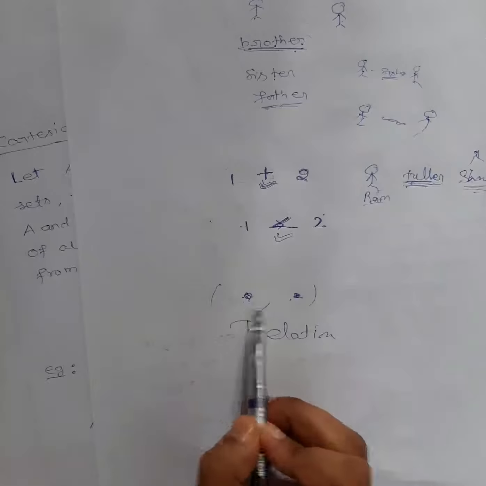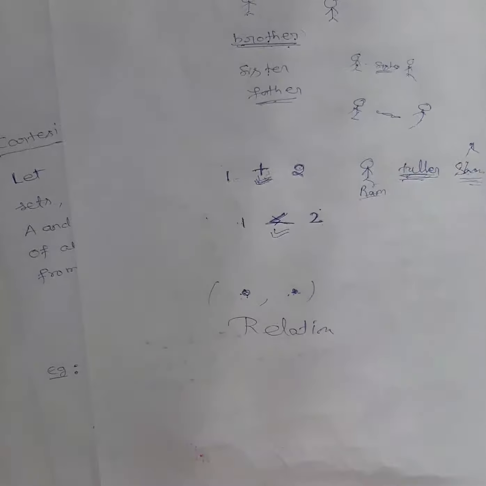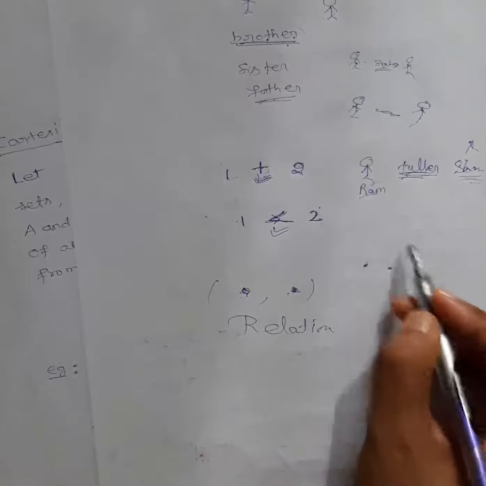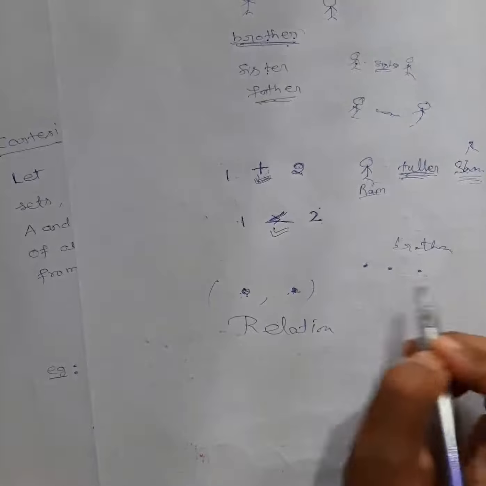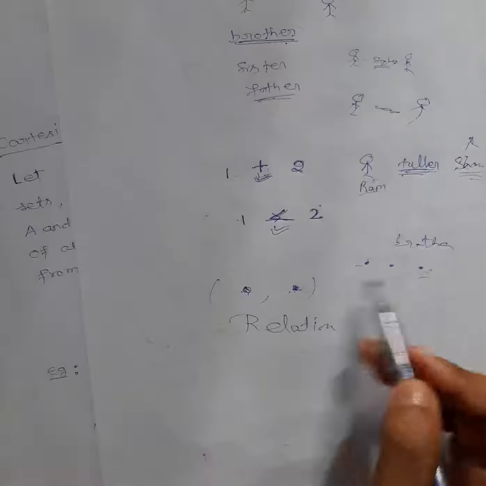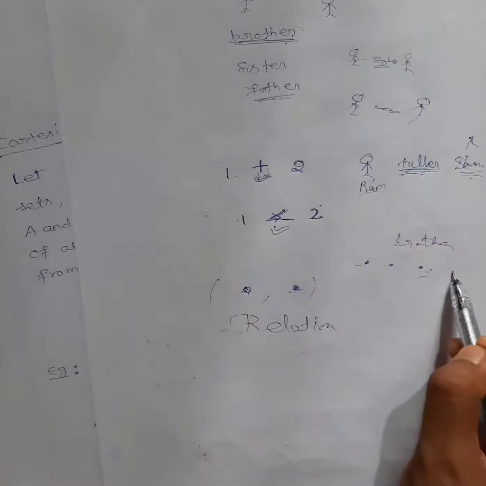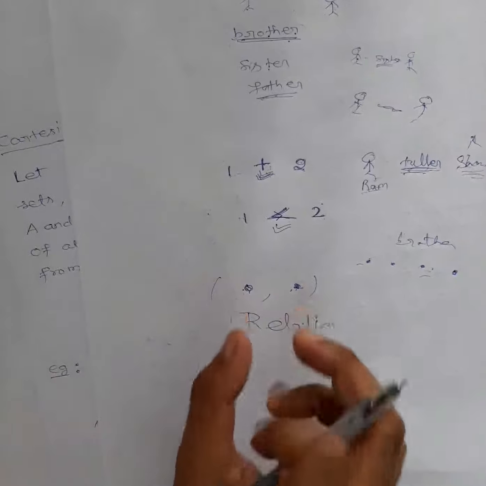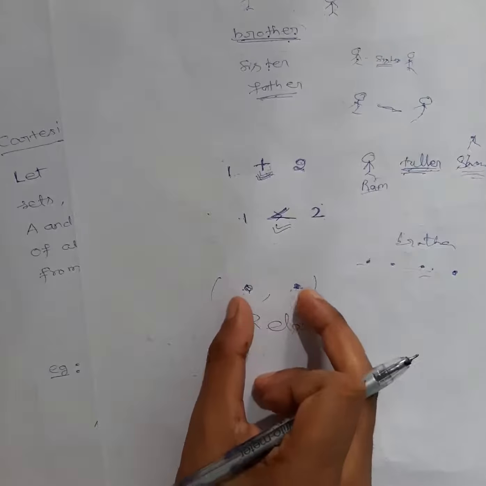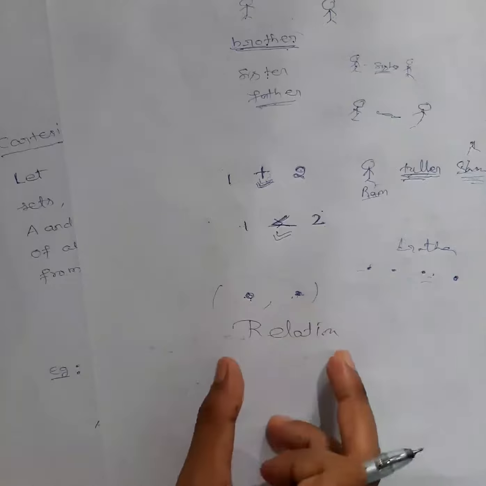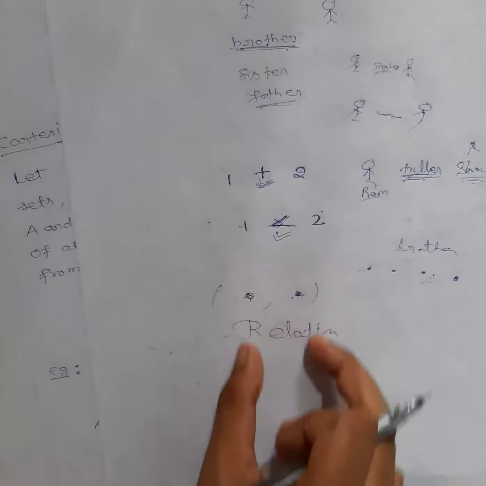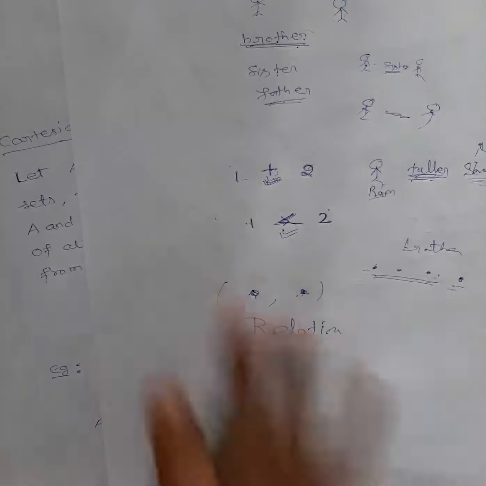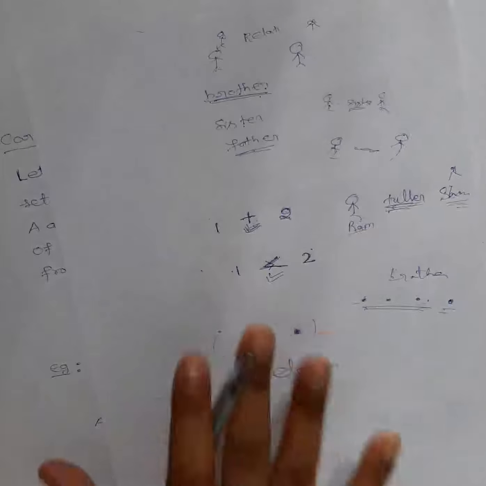Now it is not necessary that only two objects must be there between which I can make a relation. I can make a relation between 3 persons also, right? I can say these 3 persons are brothers. This brother relation I can make between 3 persons also. So you can extend this definition more. You can make it between 4 persons also. But basically here we will first discuss pairs, meaning on two objects we will discuss the relation. Once you understand the concept on this, you can extend the definition yourself to 3 persons, 4 persons, like that. Okay, so try to understand here.